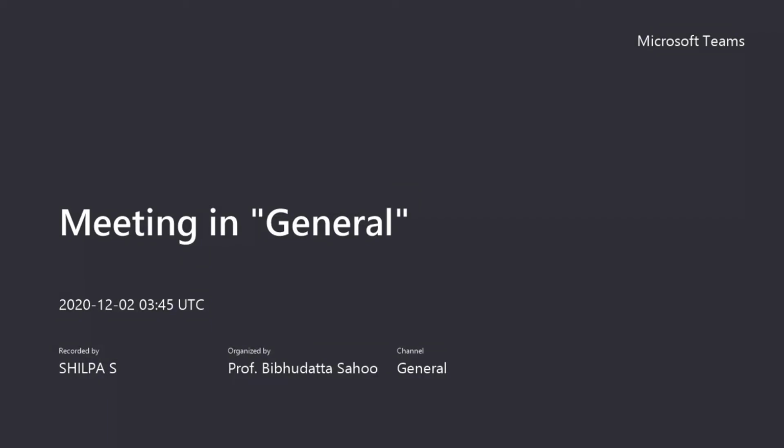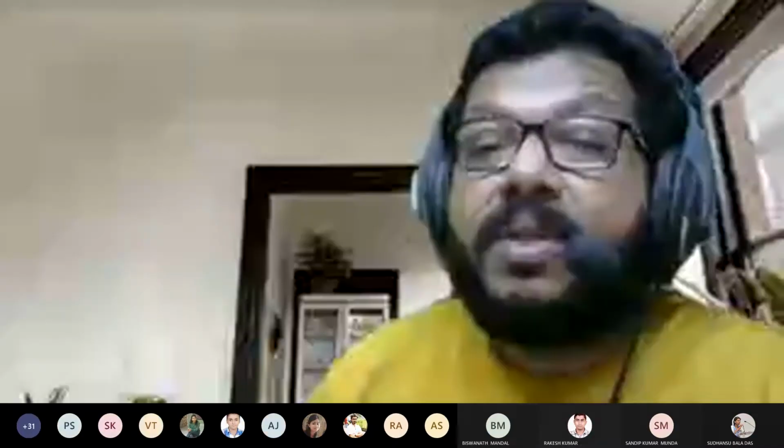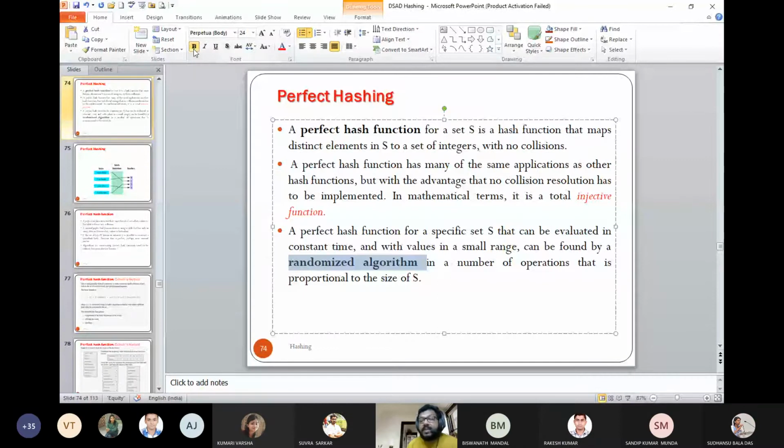So if it is storing something without collision and the same amount of effort is there on retrieving that, so definitely that will be the much faster one. So the basic objective is to design a perfect hash function, but there are many constraints and challenges. This is the designer's objective, that you must try to design a perfect hash function.